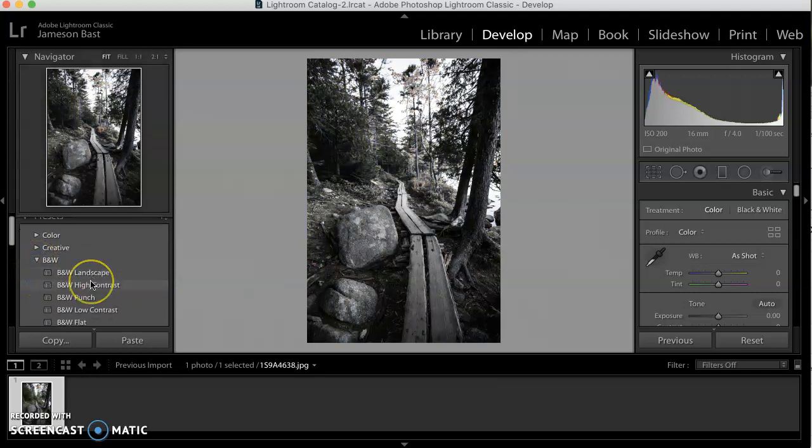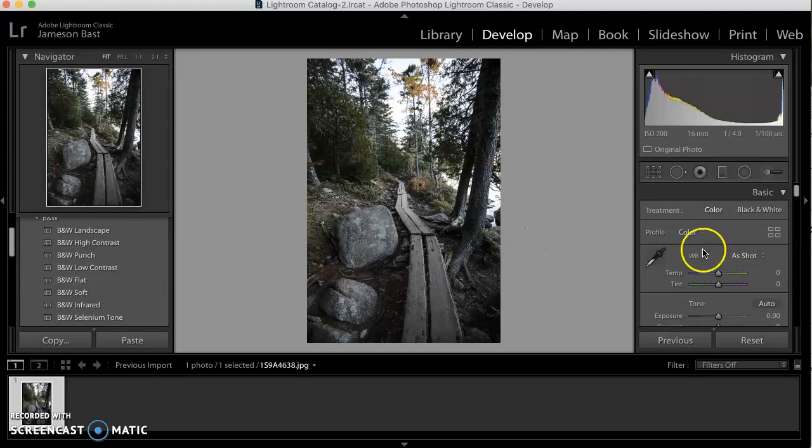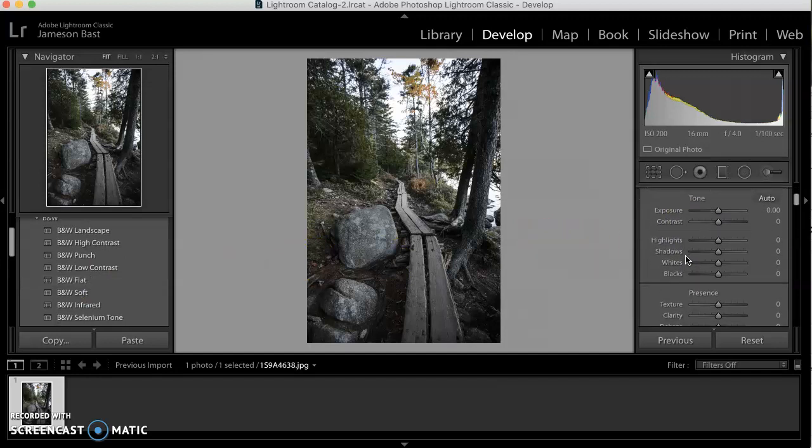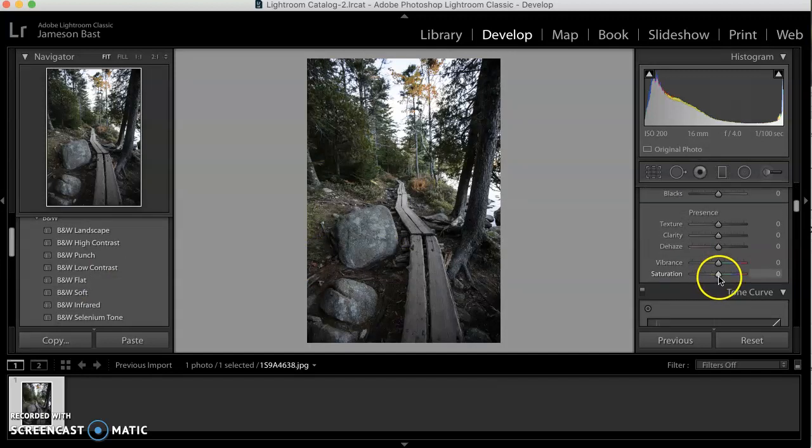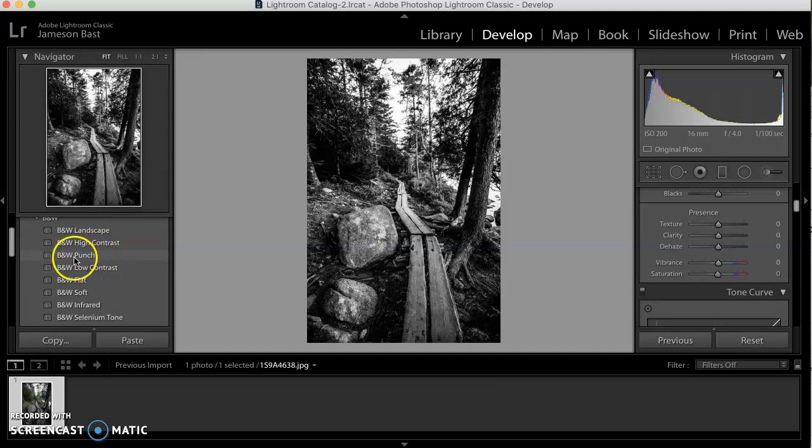Okay, in this class, there's lots of things you can do within Lightroom. You can actually do your own black and white just by desaturating the picture like this. But you can also, maybe just as a starting point while you're getting used to Lightroom, try out one of these built-in presets for how the photo can look. This is quite the black and white. It's the high contrast, real great